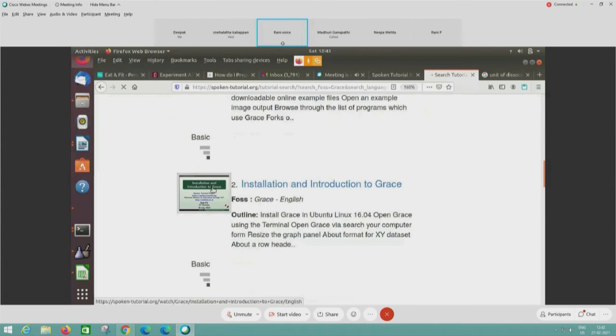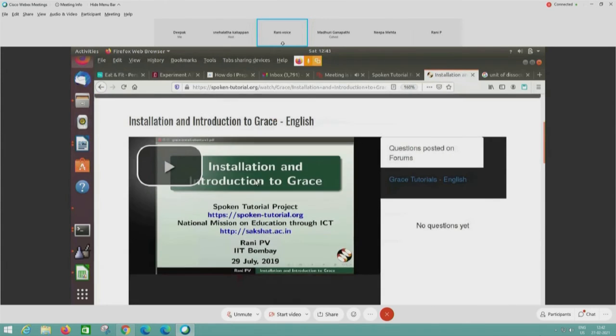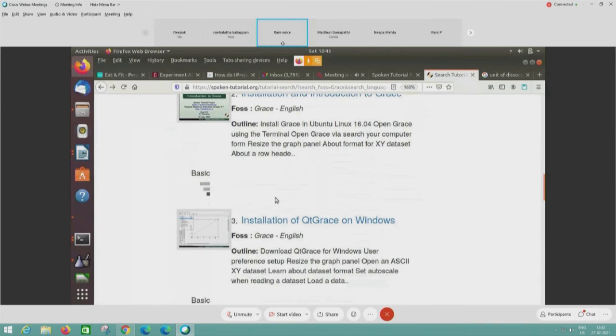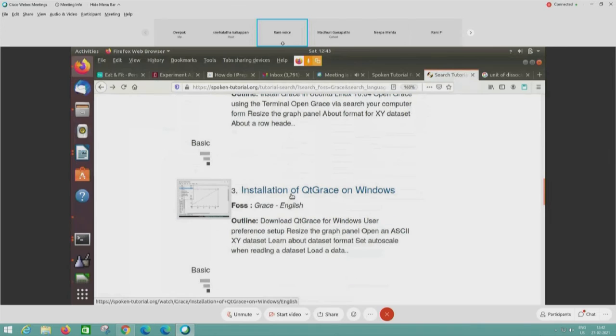The next tutorial is on installation of Grace on the systems. We will show you how to install, and you can go about download and installation. Installation of Qt Grace on Windows is for the several Windows users who can install Qt Grace.